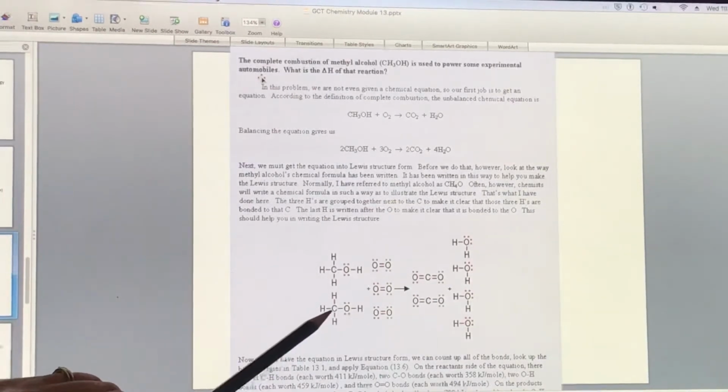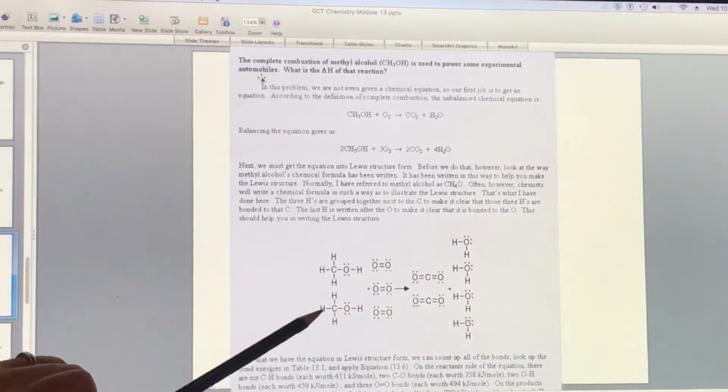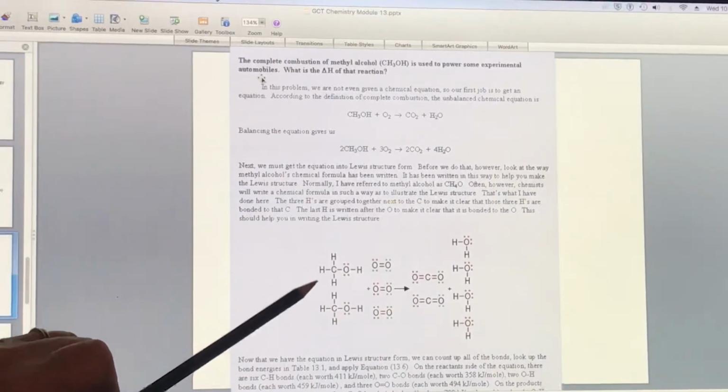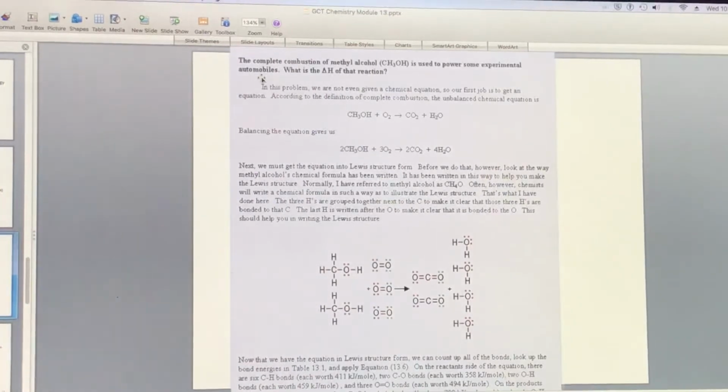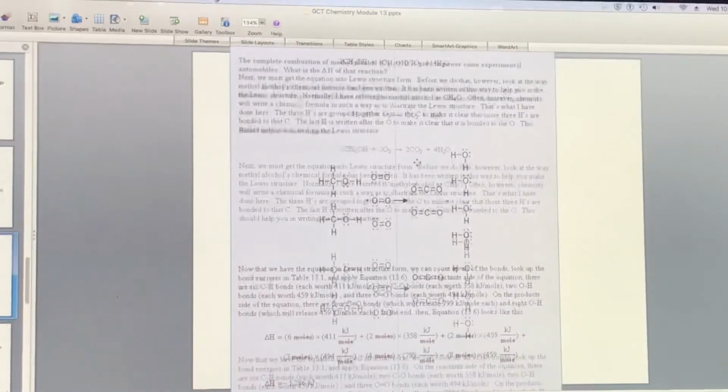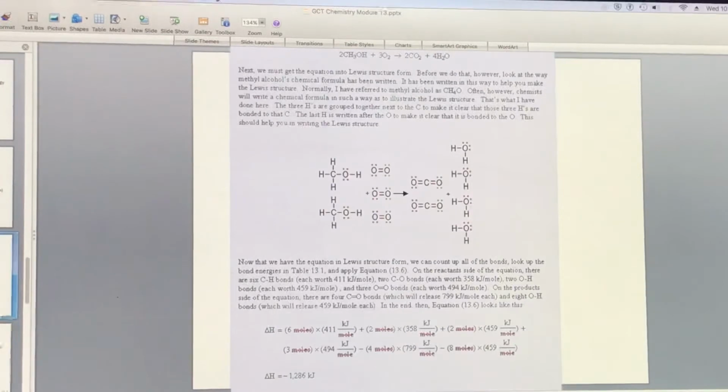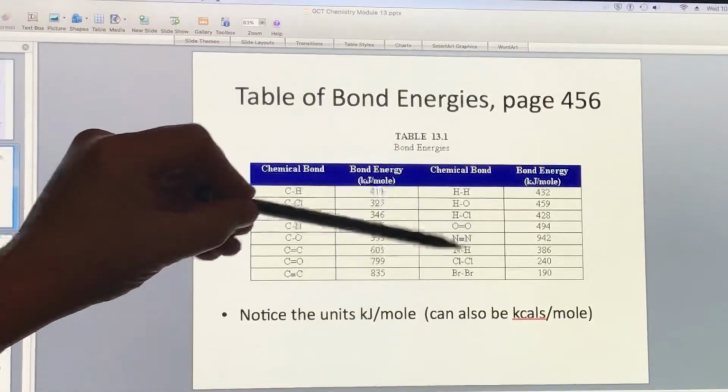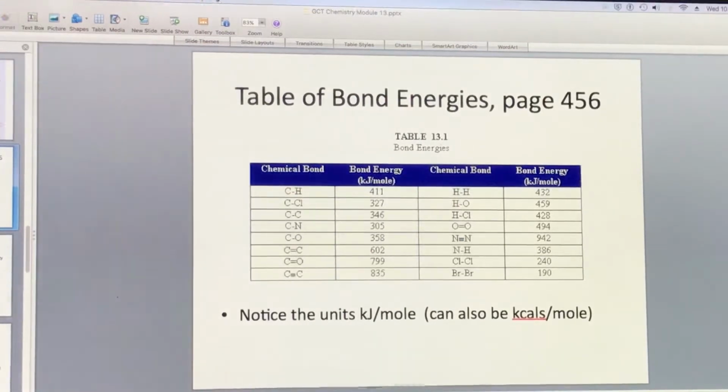And then you can see a complex number of bonds formed between the different atoms. Using this diagram then, you can reference this chart again that I mentioned with these different bond energies, and